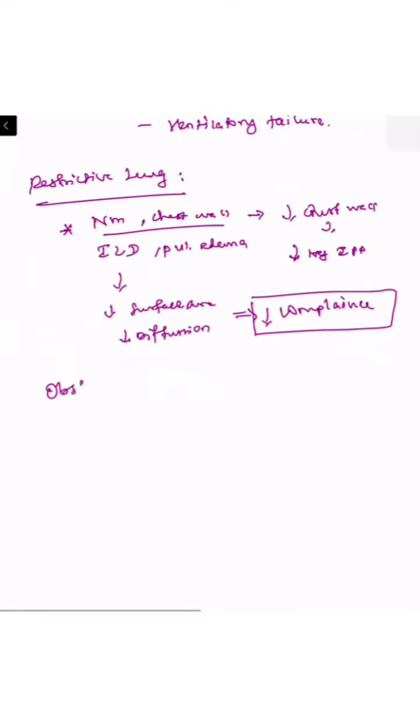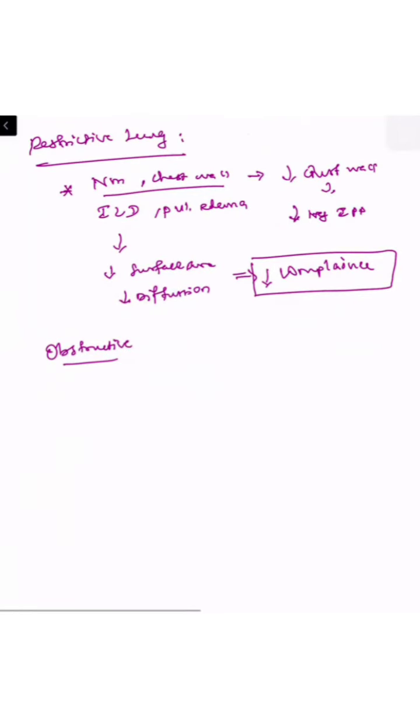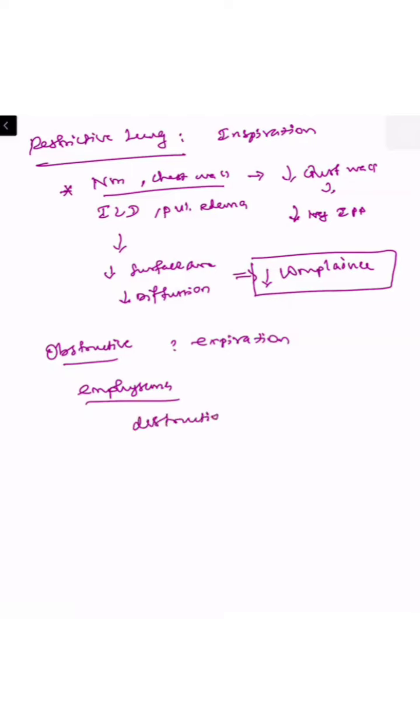So in all restrictive lung disease, the compliance of the lung will be reduced. Likewise, in obstructive lung disease, there will be difficulty in expiration. But in restrictive lung disease, we have difficulty in inspiration, because the chest wall is not able to completely expand, as well as the oxygen is not able to completely diffuse across the alveolar membrane. But what happens in obstructive lung disease like emphysema? In emphysema, we have the destruction of all alveolar membrane.